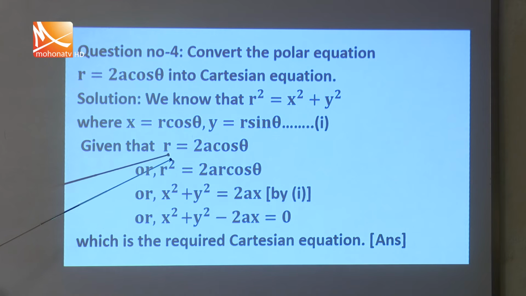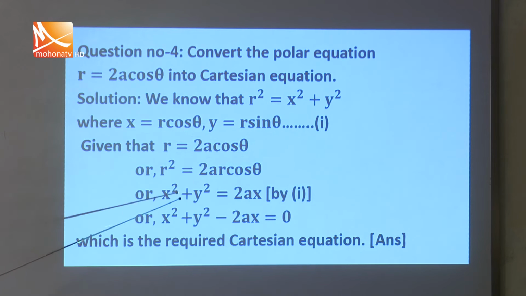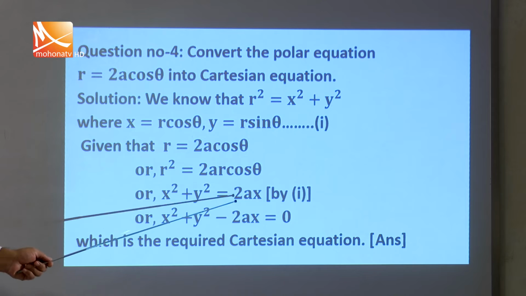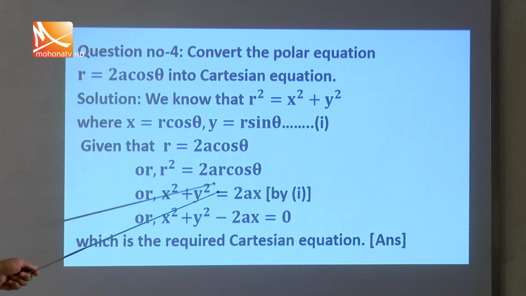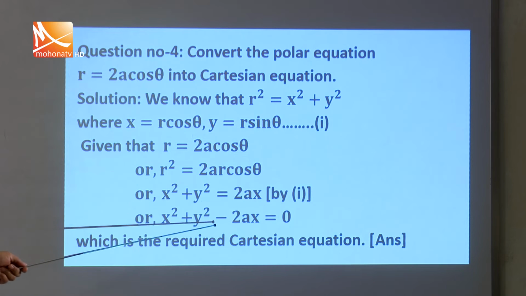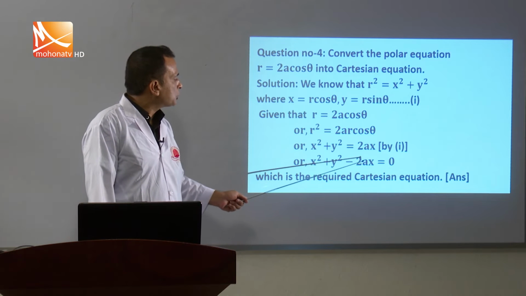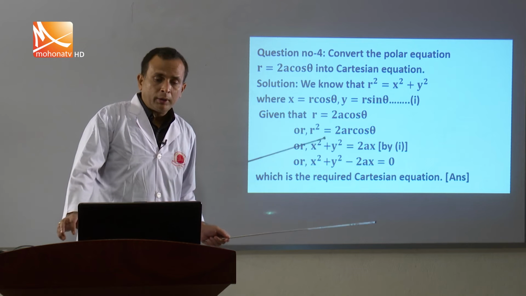Okay, we know that the value of r square is x square plus y square. You just see that, x square plus y square, then this 2a is here and r cos theta, its value is x. So x square plus y square is equal to 2ax. If we take 2ax from the right hand side to the left hand side, it will be minus. Ultimately it will be x square plus y square minus 2ax equals 0, which is the required Cartesian equation. Okay, then